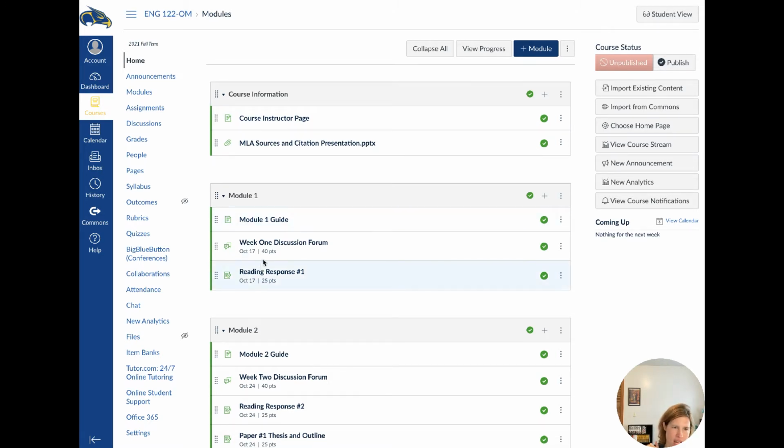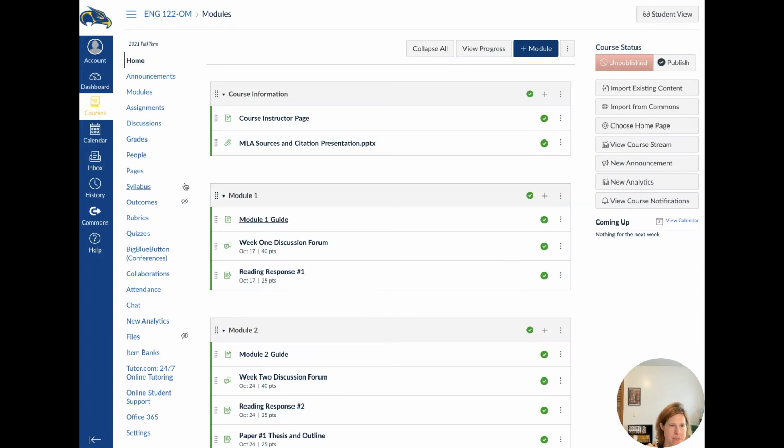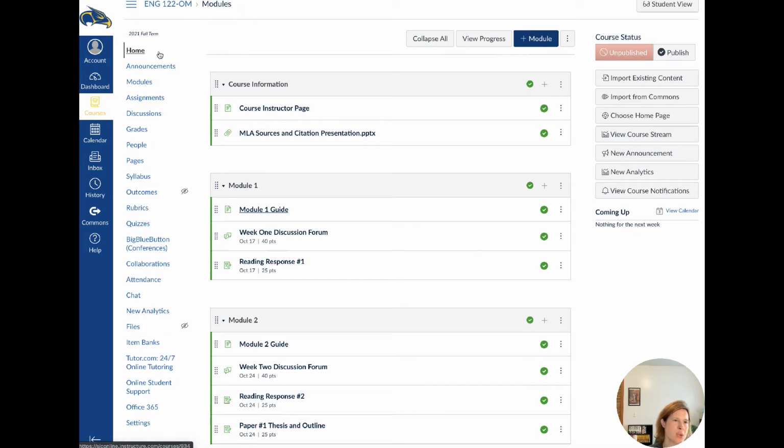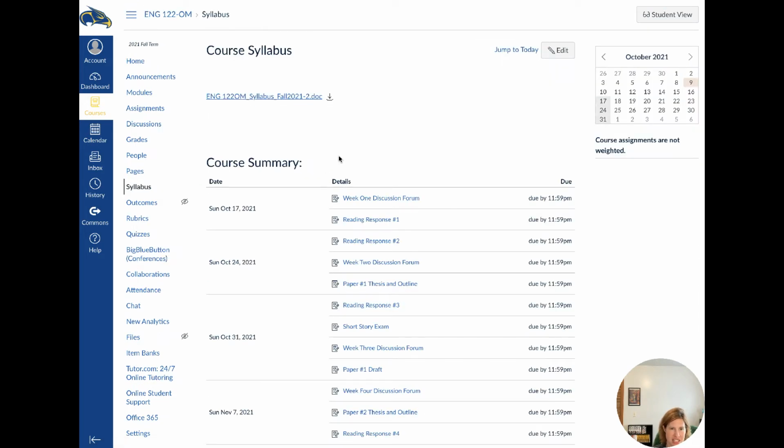Before we get to the module guides, before we get to all of that, let me pull this up here. I want to talk about our syllabus. You'll see on the left-hand side there are a lot of different links. The only links you should really worry about are the home page; the modules, which will take you to this exact same page; the discussion forum, which we'll talk about in a minute; and your grades. I am a professor who likes to keep grades updated, so I grade every week and your grades should stay up to date throughout the semester. The people link will give you everybody's emails, including my own. And then you can go to the syllabus and we'll talk about the actual syllabus of the class.